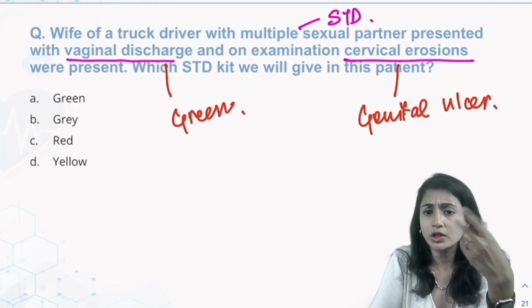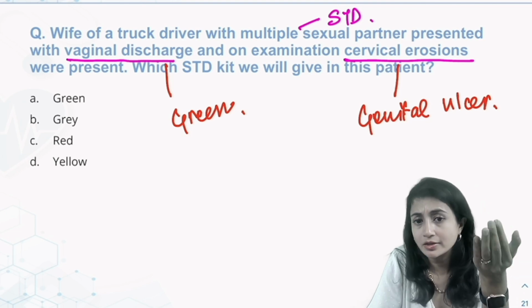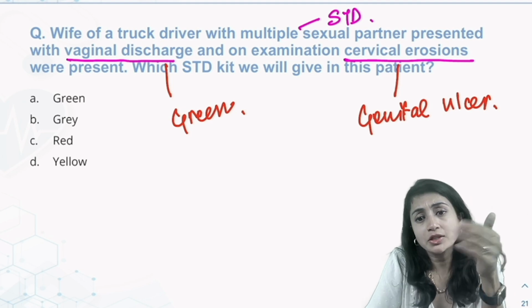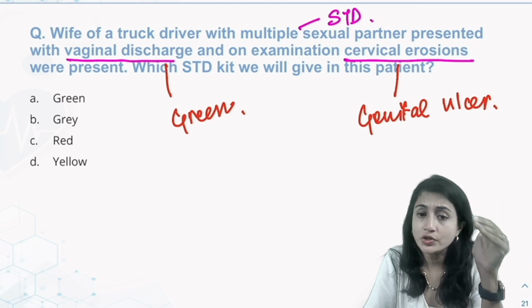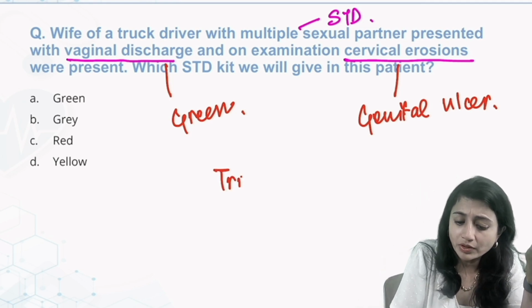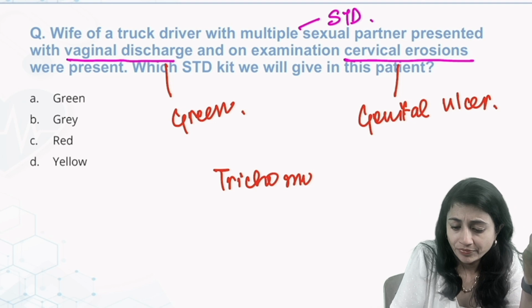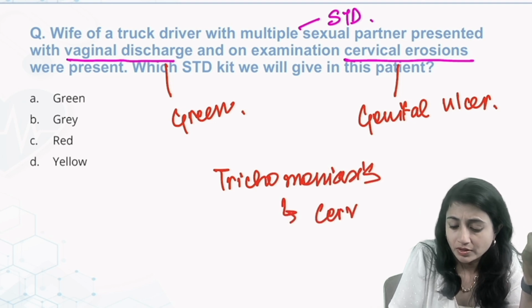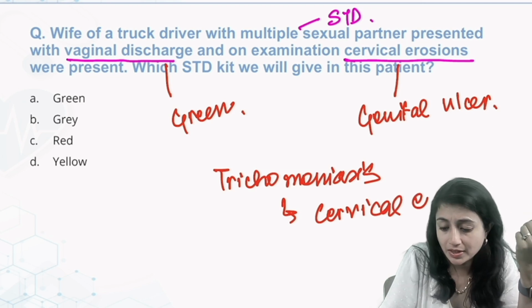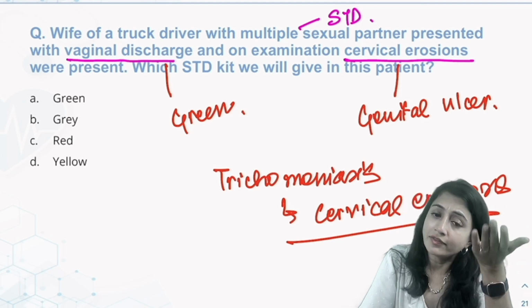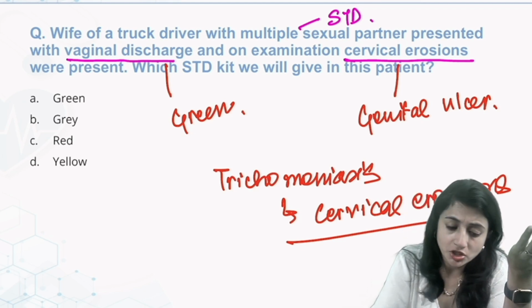Why? Because what are the common causes of vaginal discharge? Candida, trichomoniasis, and bacterial vaginosis. Bacterial vaginosis we know is not an STD. So in vaginal discharge we are thinking of candida and trichomoniasis. So remember, trichomoniasis can lead to cervical erosions, or strawberry cervix as we call it. So it can lead to cervical erosions, and so here I will give the kit for vaginal discharge only,